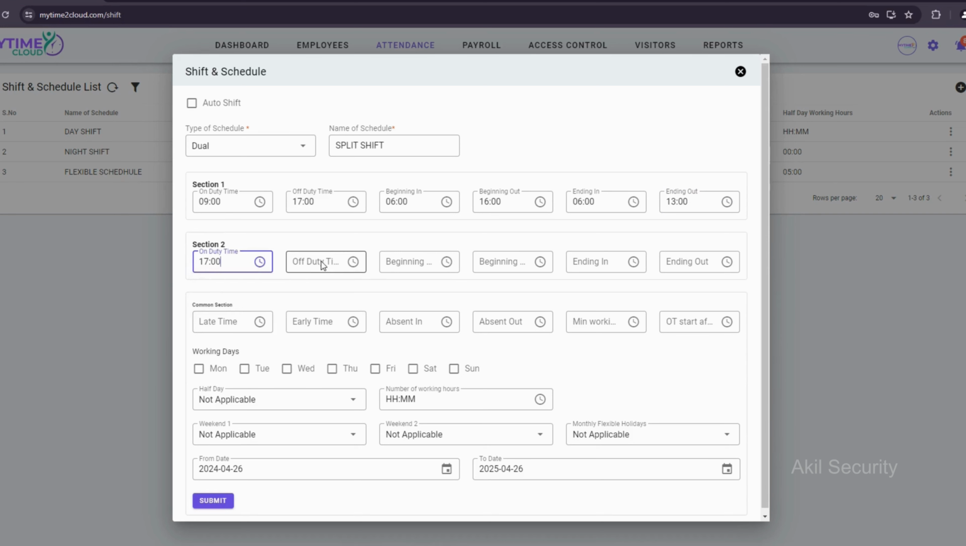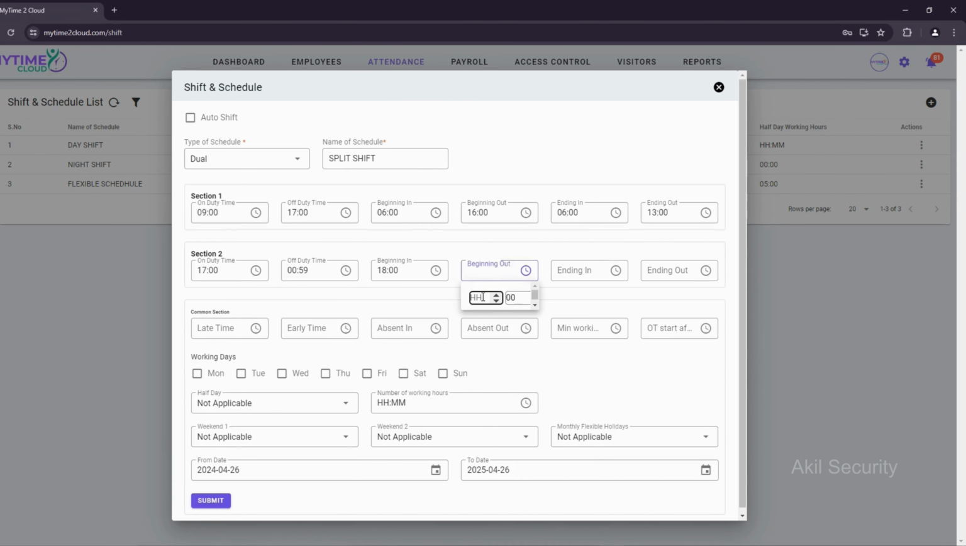Section 2. On duty time, 1700 hours. Employees start their second shift at 5 p.m. Off duty time, 2359. The second shift ends at 11:59 p.m. Beginning in, 1800 hours. The earliest employees can start their second shift is at 6 p.m. Beginning out, 2000 hours. Employees can choose to start their second shift later than the official start time,